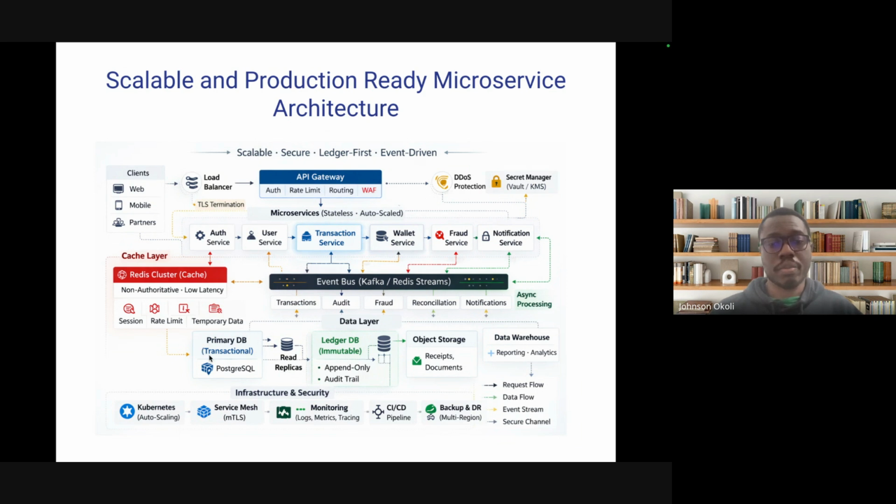Then this is the part we talked about, database replicas, where you are able to have replicas so as to share the workload among the different requests and queries that come into your database. Then this is more like objects. In this case, you could use S3 or